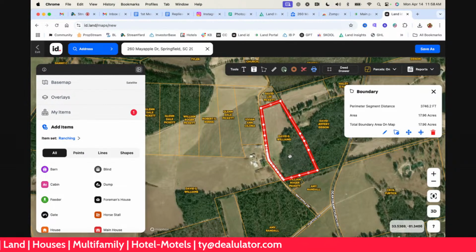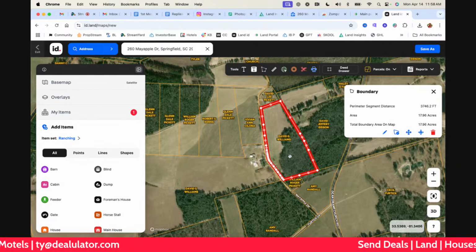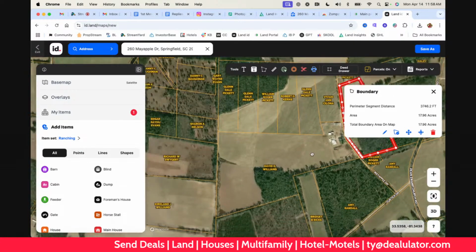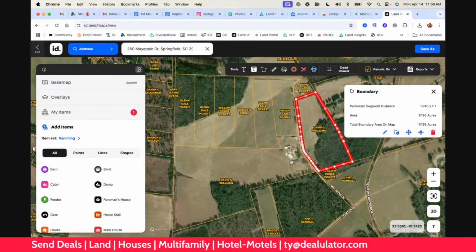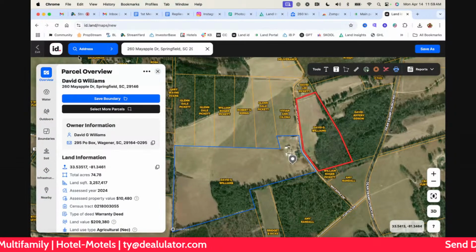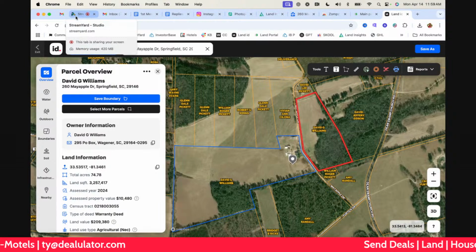So that's the kind of stuff when you're reaching out to them, that we're seeing what they're actually willing to sell, right? Separately from the property itself, because it looks like the house or whatever it is is in the front of the property right here, right? So yeah, that's lovely. So that's the process, guys.